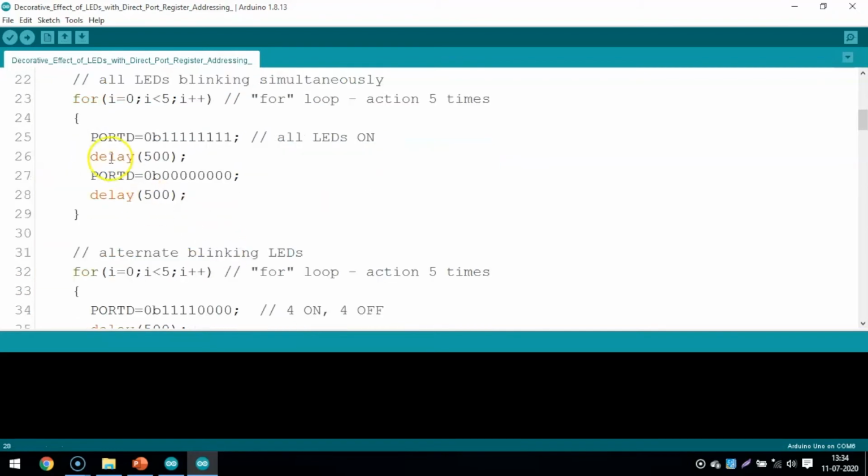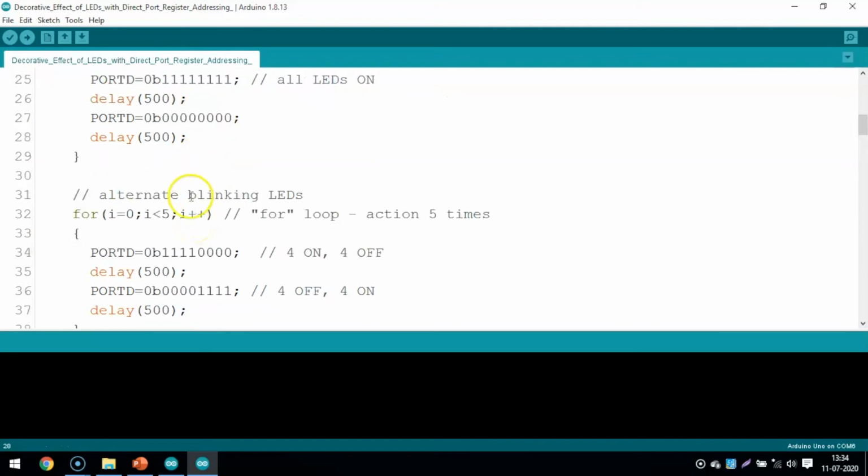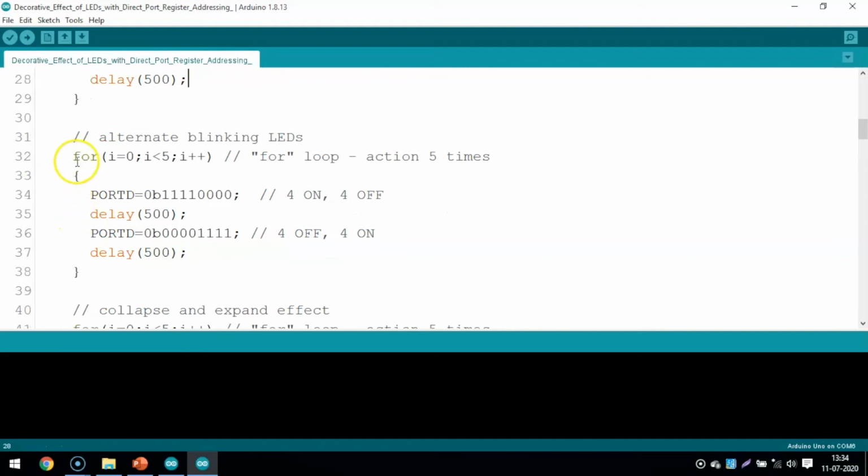After completing this for loop, once 5 counts are completed, the program will jump into this second for loop. In the second for loop, we are changing the style. We are alternately blinking these LEDs. So for that I am again using the for loop, the same style, and here I am changing the lines.